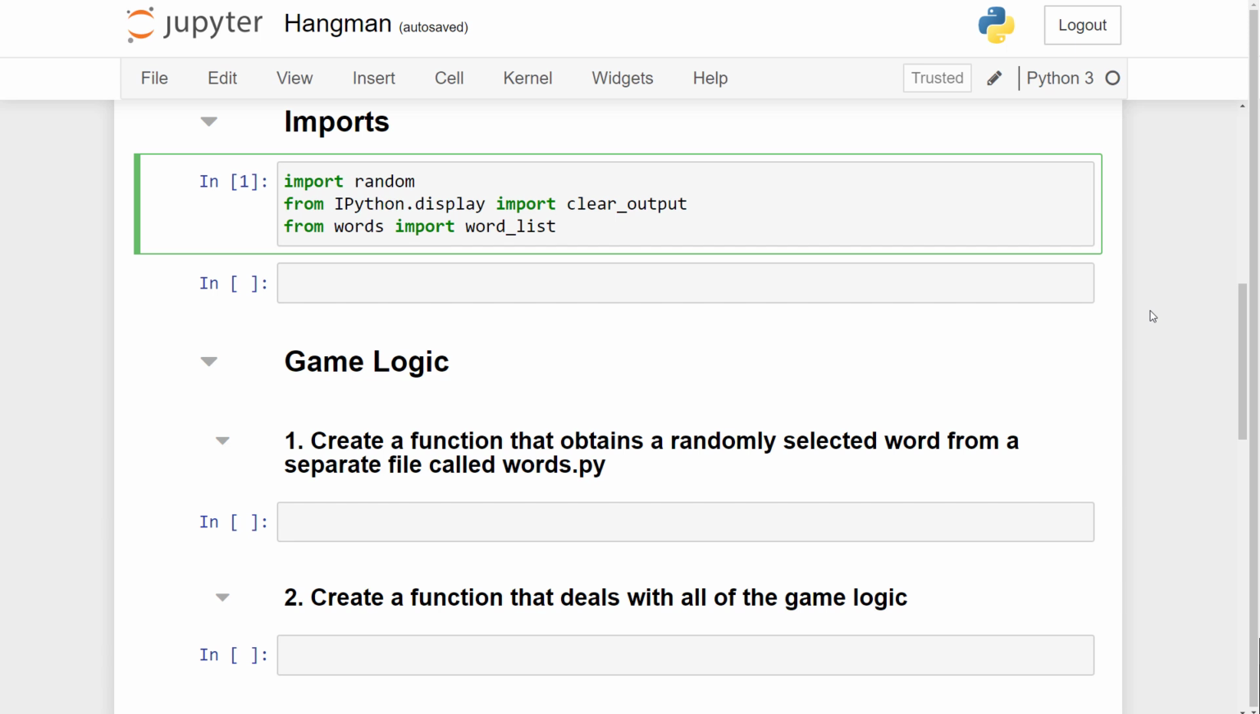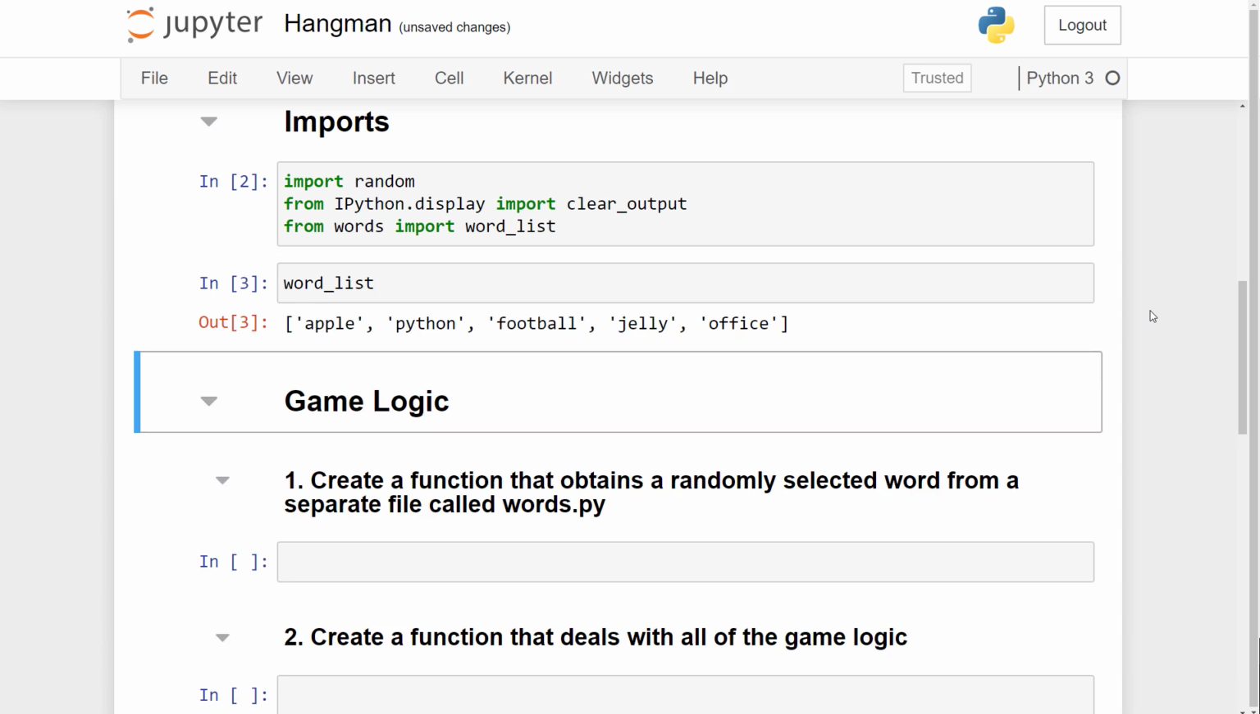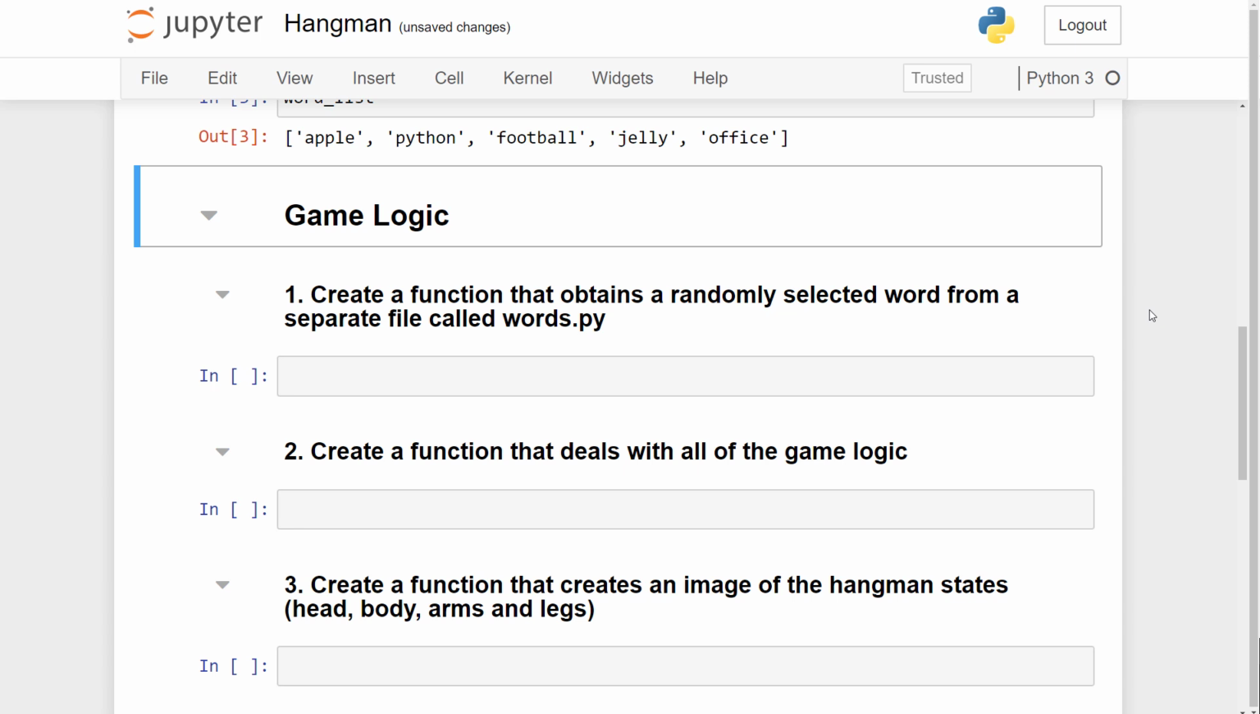Okay, great. So let's now run our imports section and just make sure we can actually see our word_list. So if I type word_list and then run the code cell, you can see that we get printed to the screen our word_list, which contains apple, Python, football, jelly, and office. Great. Okay, so in the first task, we're now asked to select a random word from this list,